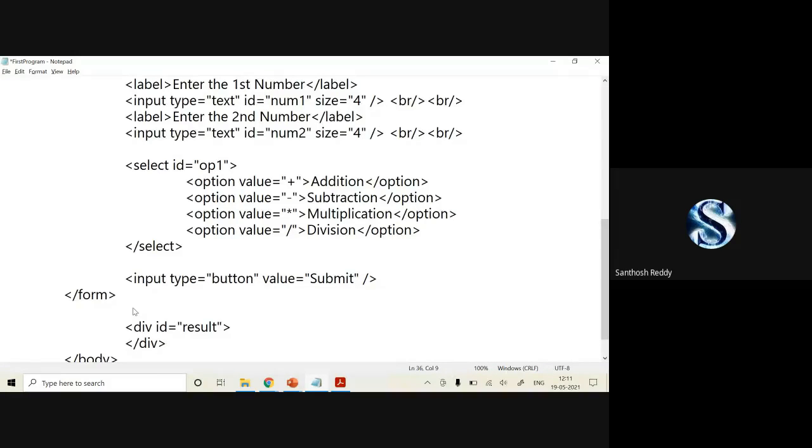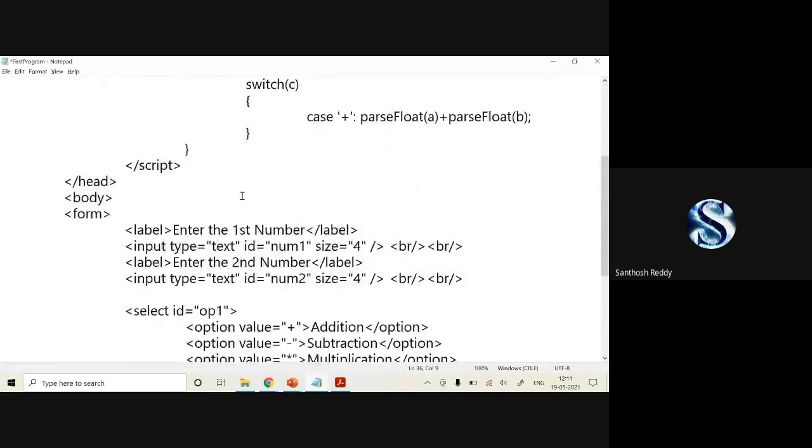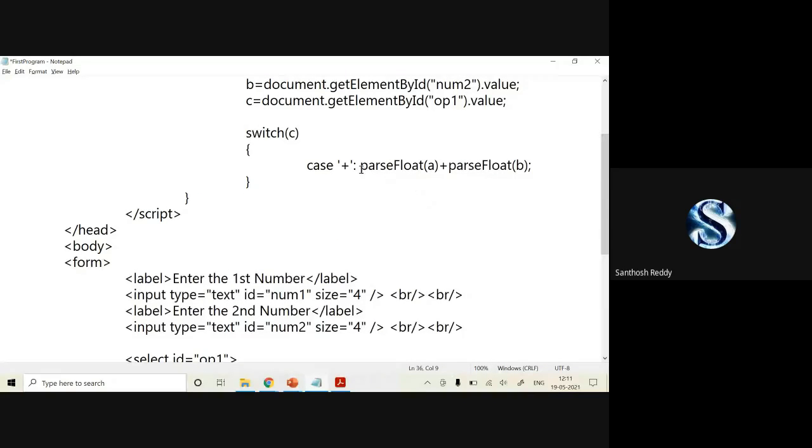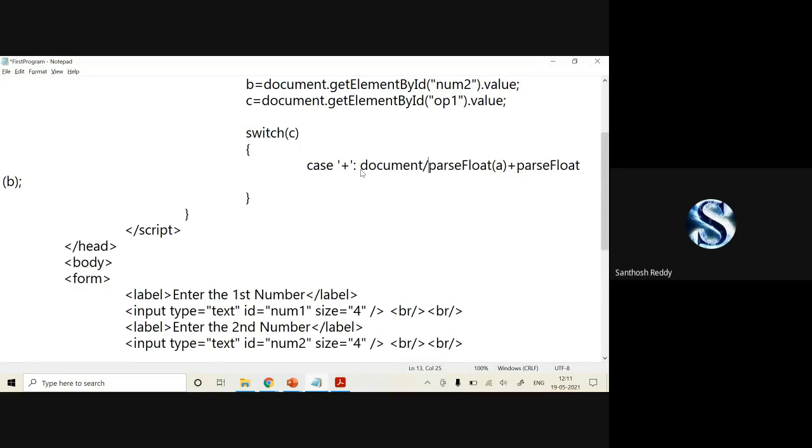If I want to print my result in the same page, you have to specify the location where you have to write. So I'll write document.getElementById.